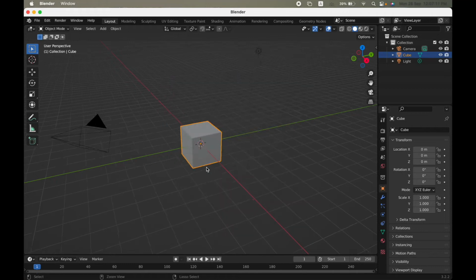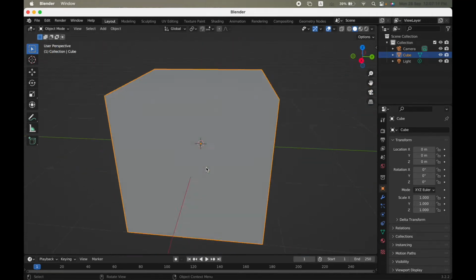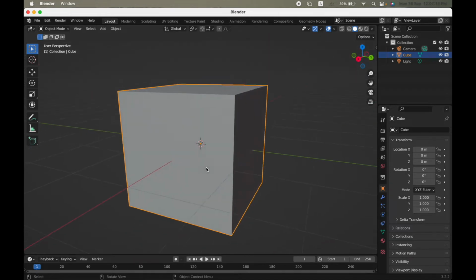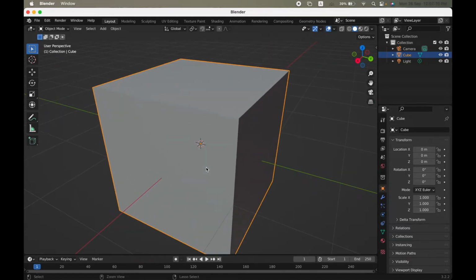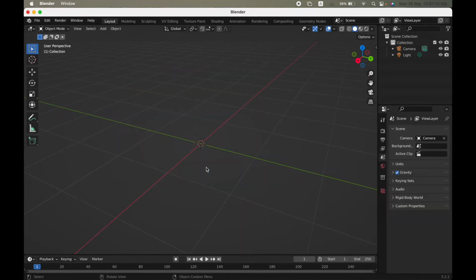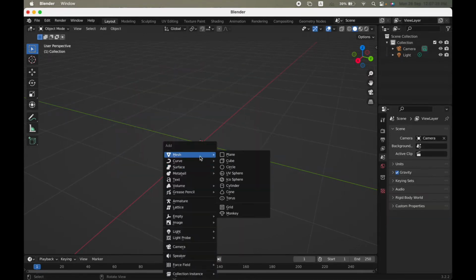I'll be telling you how to make planets in Blender, like planets without the atmosphere. The atmosphere one I will just make a separate tutorial. So basically you have to just delete the object, just press X to delete, then Shift A to add, then